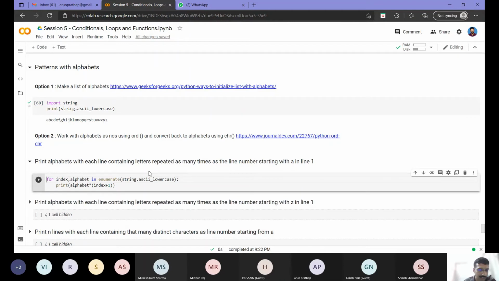As you can see, I need a multiplier for the line number. Earlier I had the n value that I could use directly. But here I have alphabets A to Z, and I don't have a number to multiply by for the line number. So to get that, I am using the enumerate that we saw earlier. I will get an index and the alphabet at that index, so this will return 0 A, 1 B, 2 C, 3 D like that. Then I am printing the alphabet index plus 1 times, so that A will be printed 1 time, B will be printed 2 times, that kind of way.